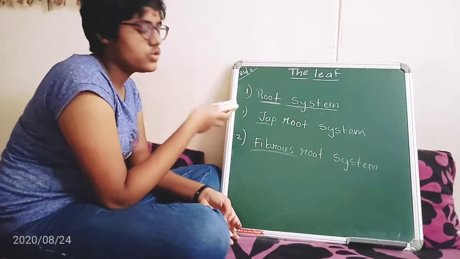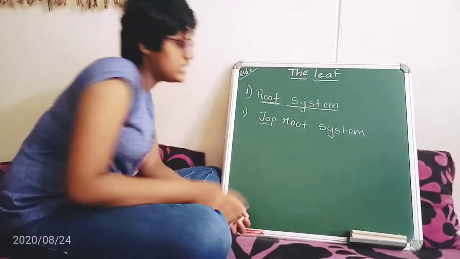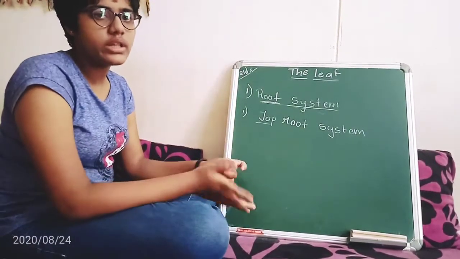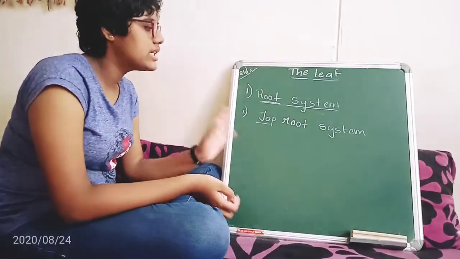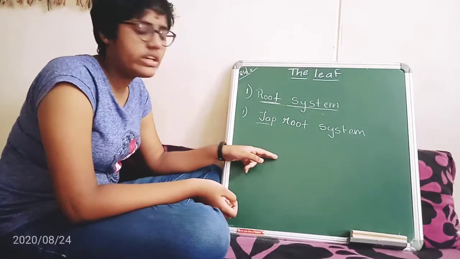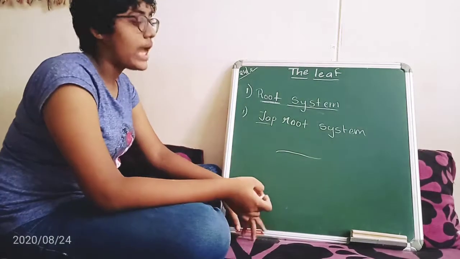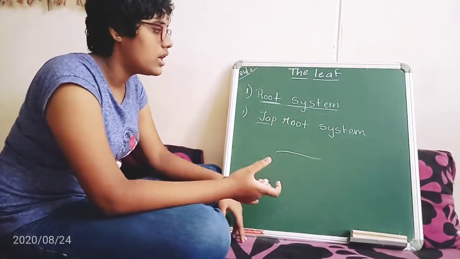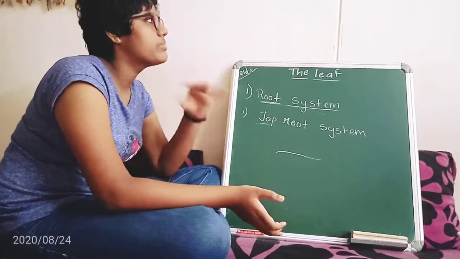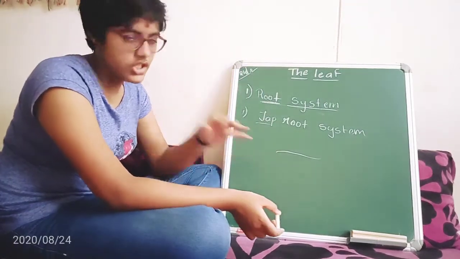Now first let us know what is taproot system. Taproot system is nothing. Nothing means not that nothing is there here. Something is there, but easy. Whatever diagram I have drawn before, same, it's the correct. Taproot is known as the correct root. Correct ones. It's the main. Correct means accurate, everything, for which you are going to give appreciation.